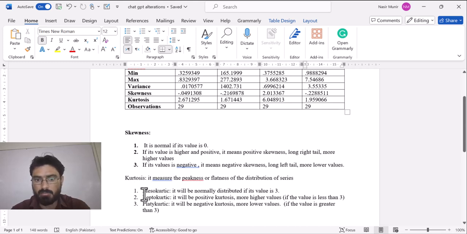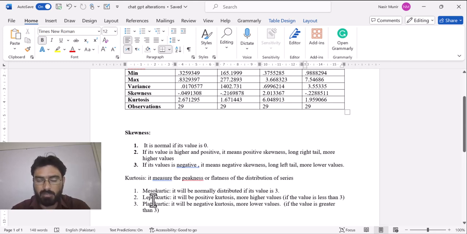Kurtosis is said to be mesokurtic if its value is exactly 3. But as you can see in these results, none of the variables has kurtosis exactly 3. It is very close to 3, but not exactly 3.